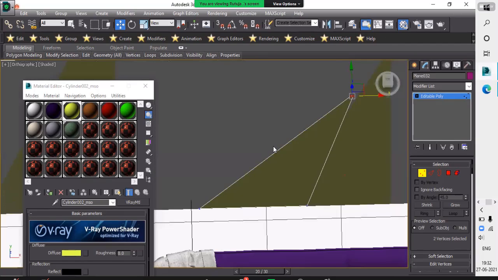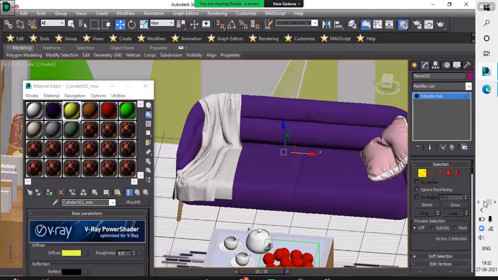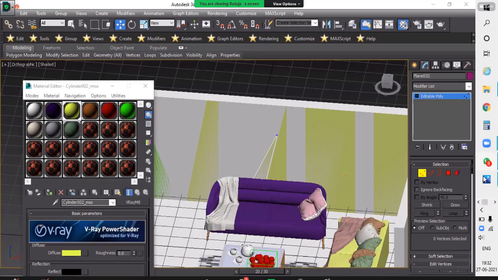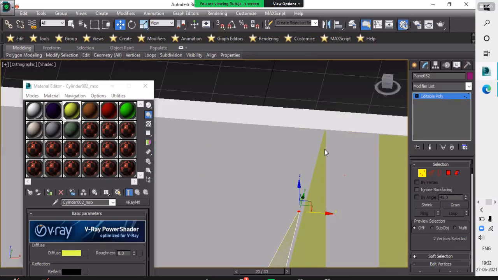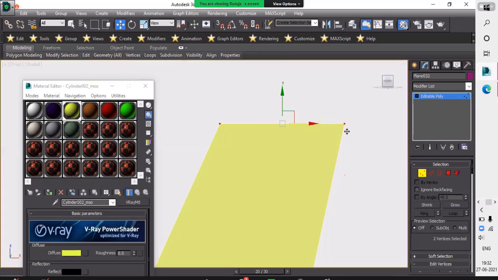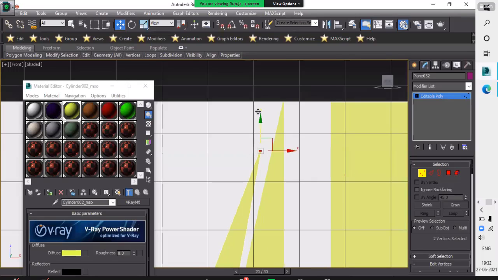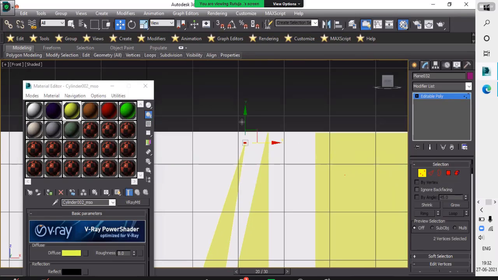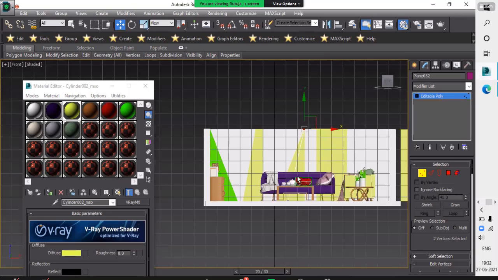I will change this side also. Yeah, it looks like what I am creating in this picture. I think its height will be... I want to increase this height also. Do like this.